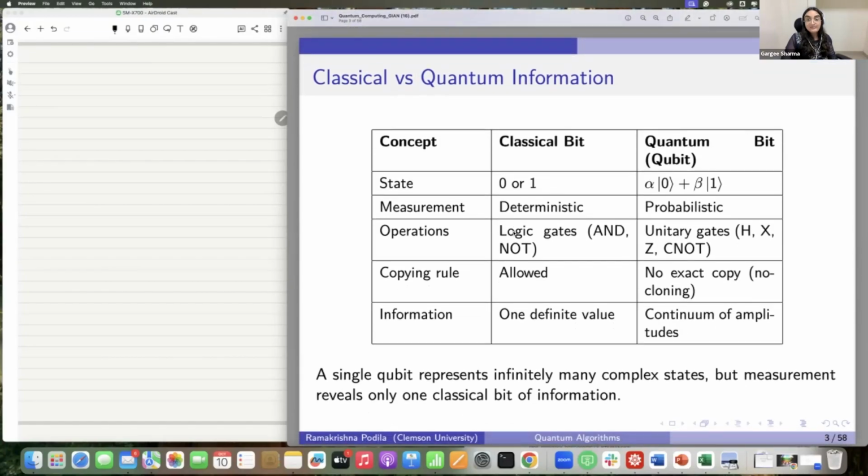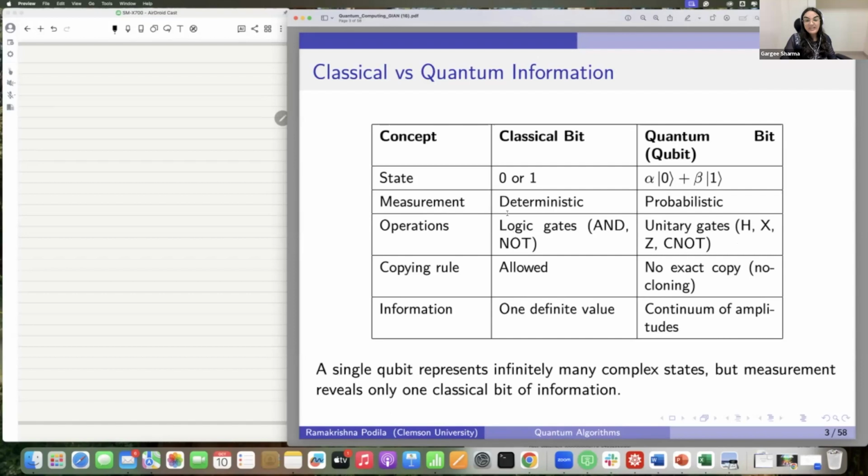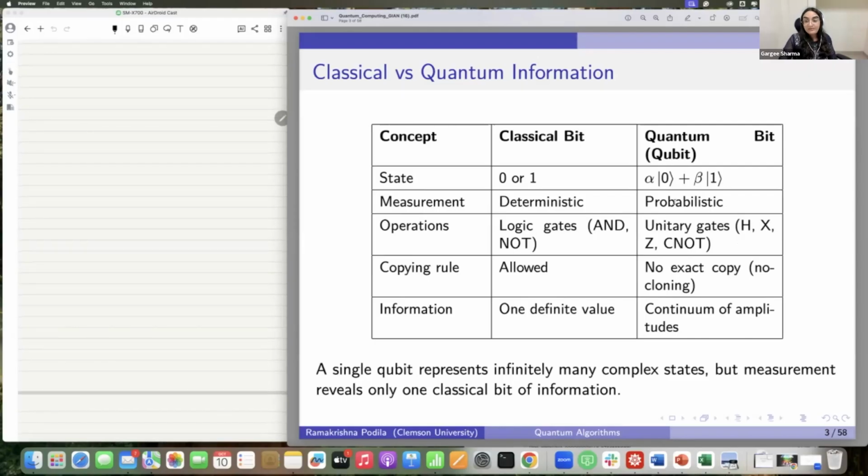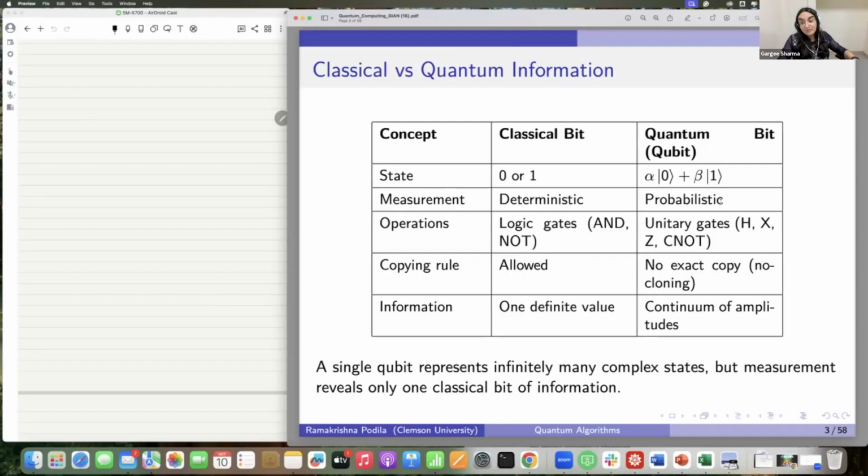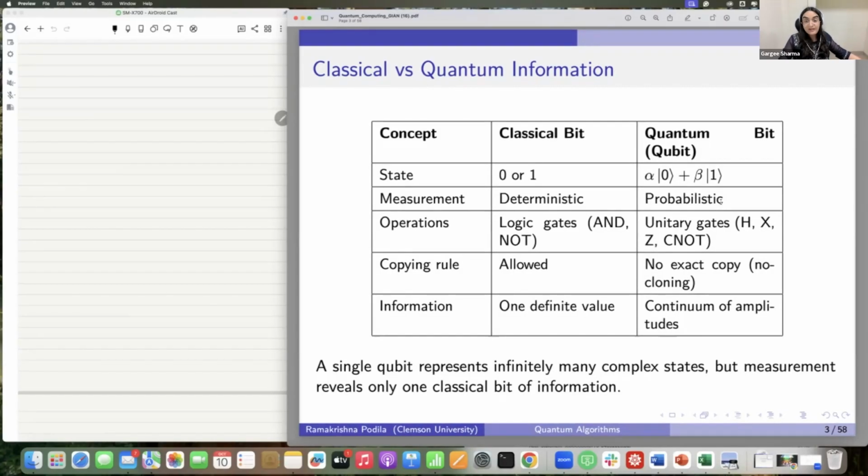So if you compare classical versus quantum information, in classical, you work with either zeros or ones. Your bit either is on or off, zero or one. But a quantum bit, because of superposition, can be in a superposition state, right? And the measurement in classical computation is deterministic. But here it's all based on probabilities. That's why a single measurement is not going to be enough. You'll have to take an ensemble and then do the measurement, and then you'll get some statistics out. And from that statistics, you can infer